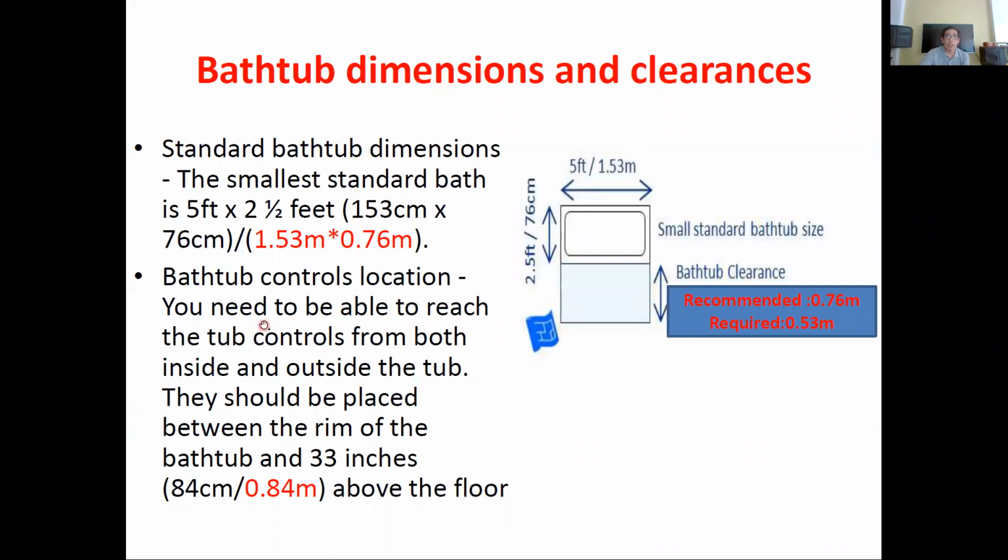Okay, the bathtub location: you need to be able to reach the bathtub controls from both sides and outside the bathtub. So they should be placed between the rim and the bathtub at 33 inches above the floor. This is very crucial because if you will be using an island type bathtub, which is isolated in the middle of a room, you need to make sure that the controls or the water supply is properly located.